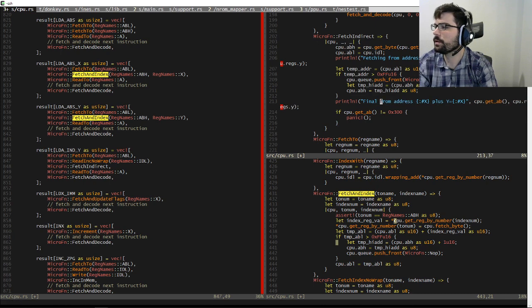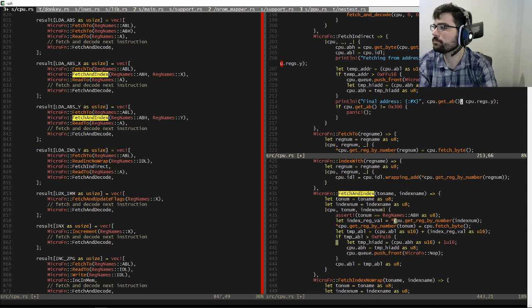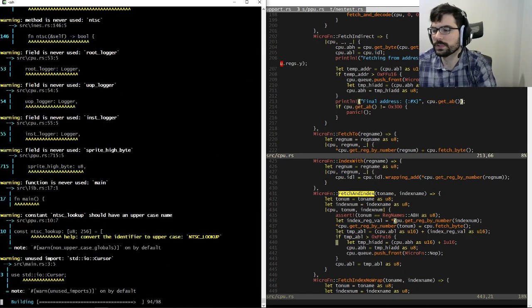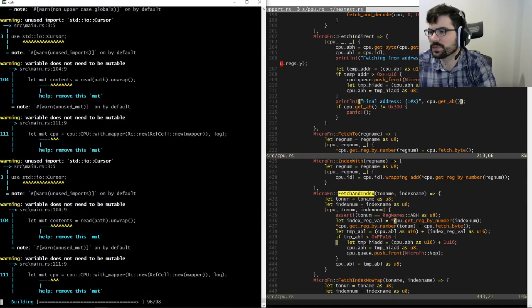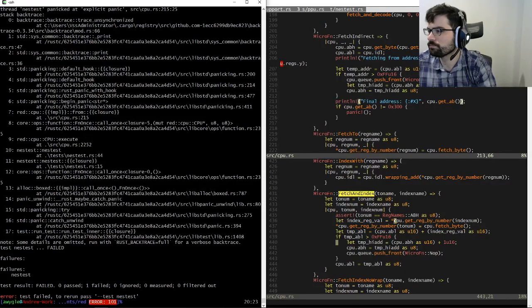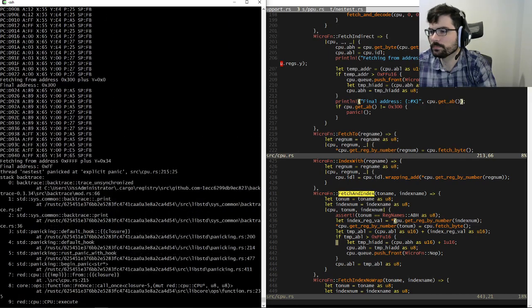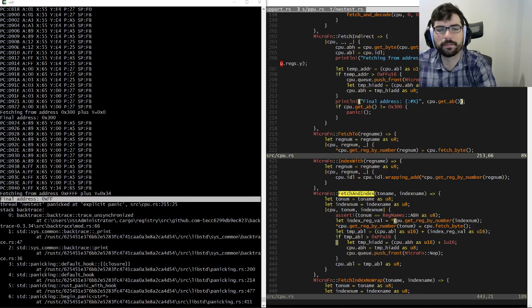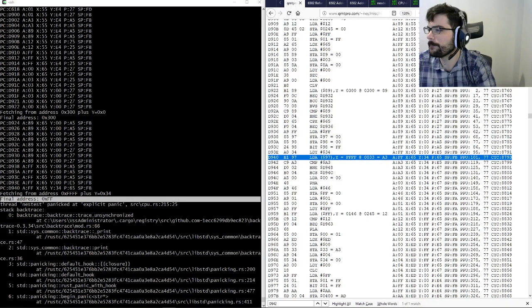Final address. The 0-page wraparound is broken for some reason. Final address is FF. That doesn't seem right at all.